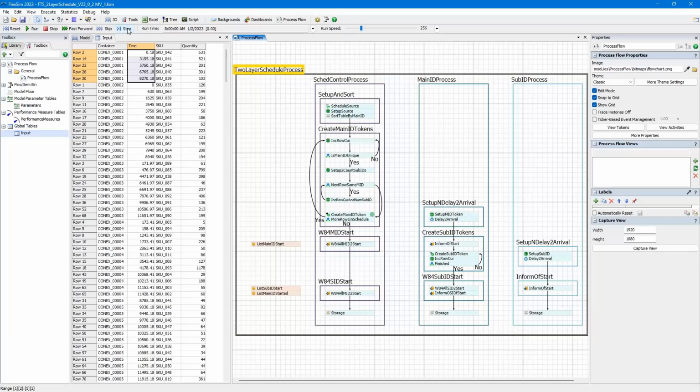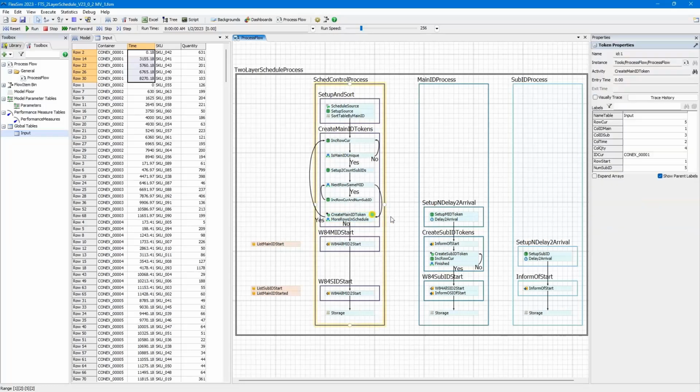So when we hit step, we're going to go out of that and we're going to create a main ID token. The labels on our control token: we have the name. Our current row is 5. Our current main ID is Connex number 1. And then we started on row 1 and we have 5 different sub IDs associated with this. So when it creates that token